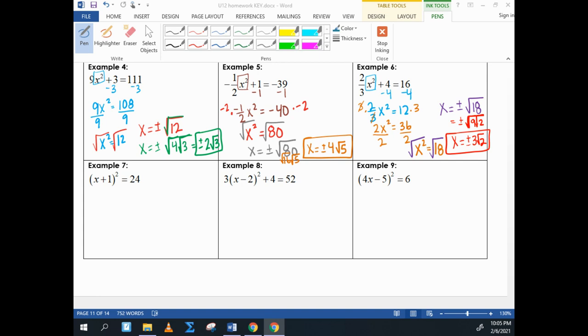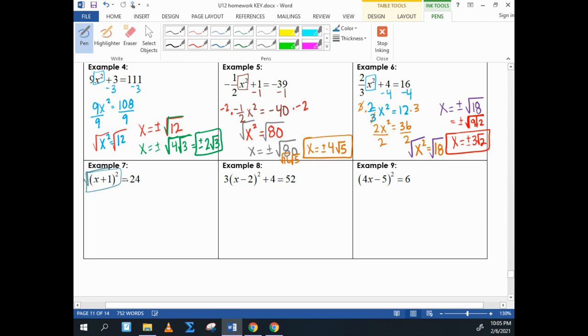All right, these last three examples are going to lead us into our next unit. So we're going to be working more with problems that look like this in Unit 13. But basically, it's the same three steps that we've been doing up above. You've got to isolate the radical. Now, on this one, if you'll notice, my radical is isolated. This whole thing is being squared. That's what's being squared, this x plus 1. So it is already isolated. So I can move on to step 2 that says we're just going to go ahead and undo that square